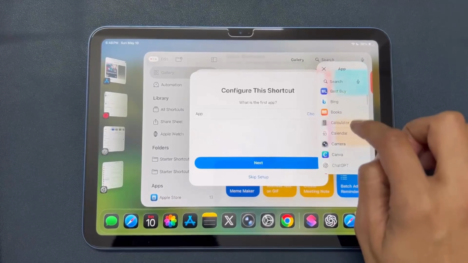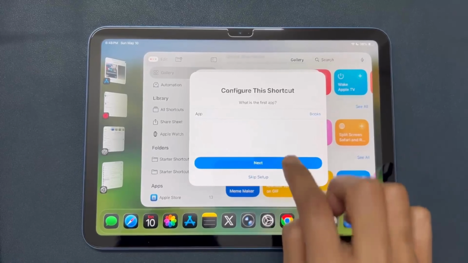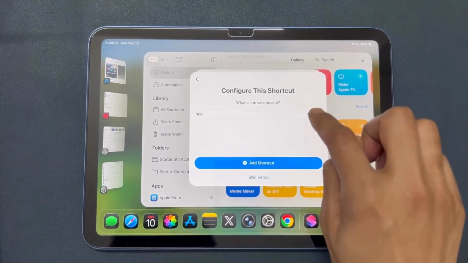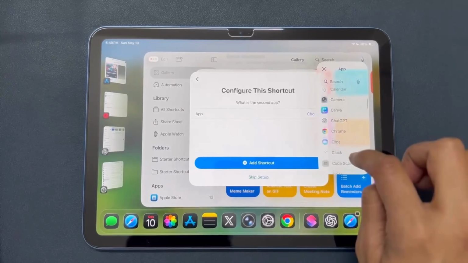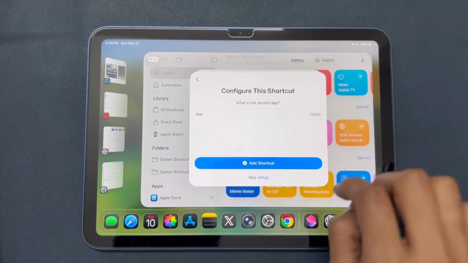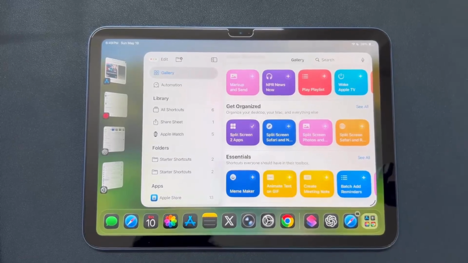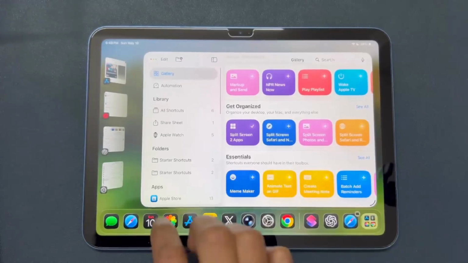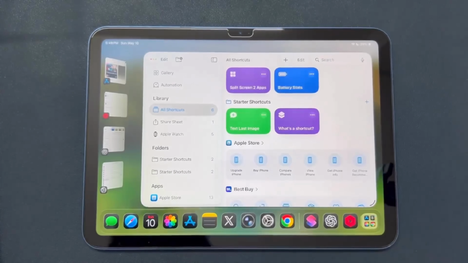So let me pick up Books as the first app. Next, it will ask me to select the second app. Let me select Notes and then add shortcut. So the shortcut has been added. Now let me go to all shortcuts